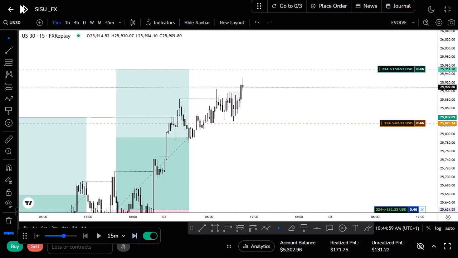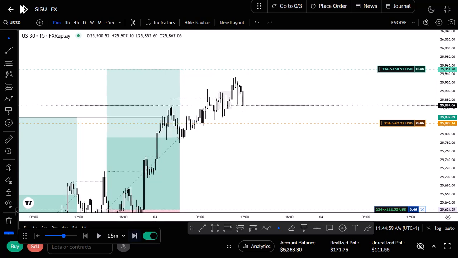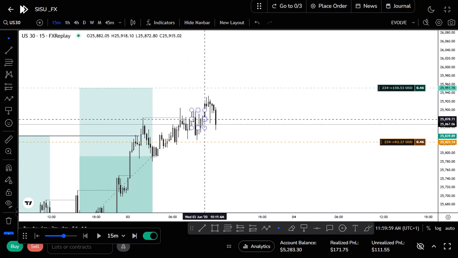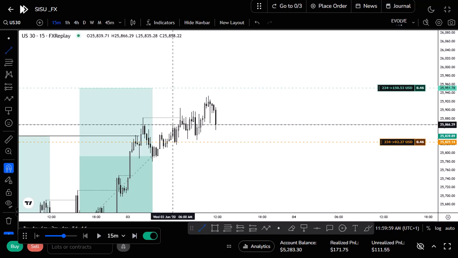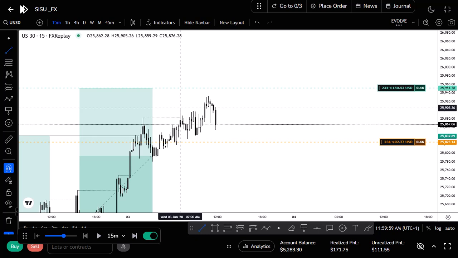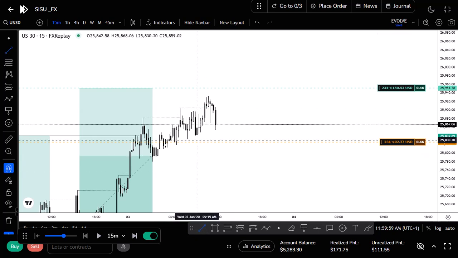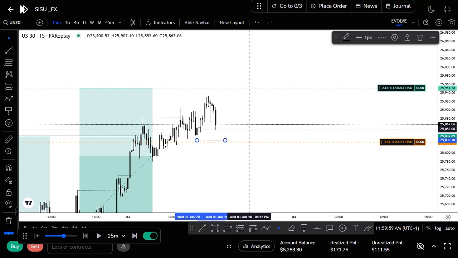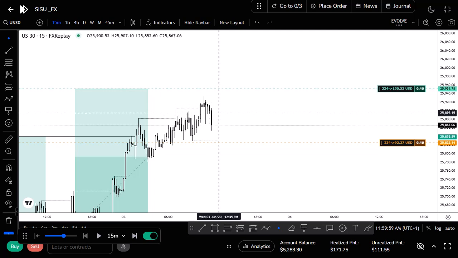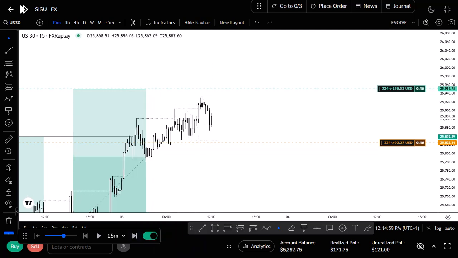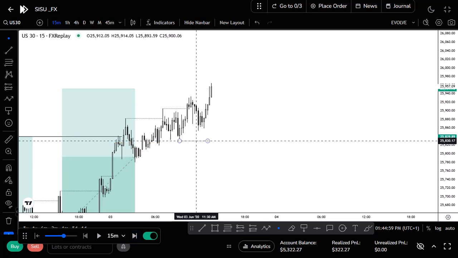Now we have a breakout of that high, nice and beautiful. So now we should have a take profit. Boom, price refused to give us our profit target, but it is fine. We just keep on managing. Remember, we have already secured a 3R and we have another one still running. This is a strong low. It swept liquidity, so our stop loss will remain the same. With this momentum, I believe price is going to take us out here. Let's see what happens. Boom, we have a take profit.